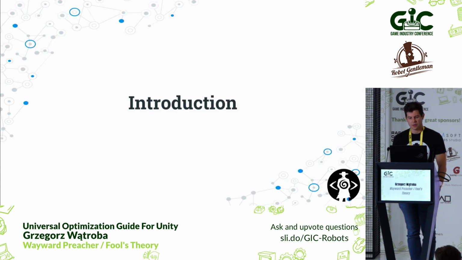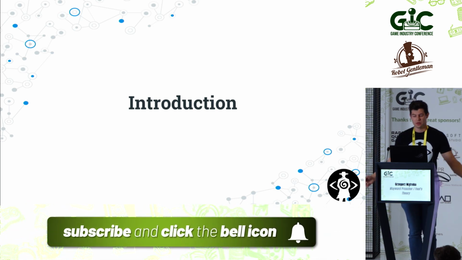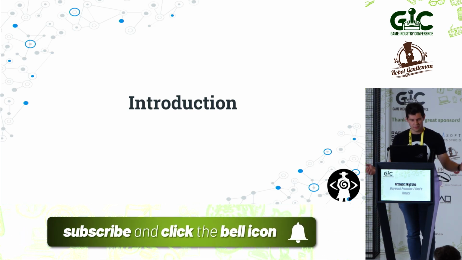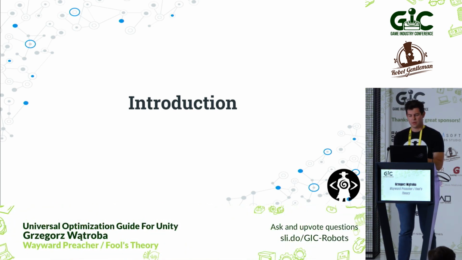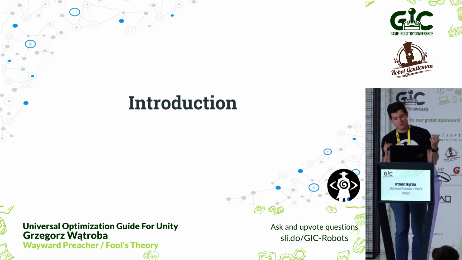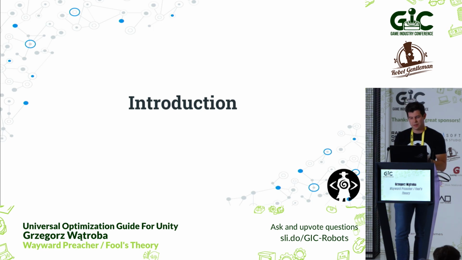So, premature optimization is the root of all evil. Those are the most misquoted words in IT, famously said by Donald Knuth. Why misquoted? This is the full quote, and I think it sounds different in the full version. We should forget about small efficiencies about 97% of the time. Premature optimization is the root of all evil. Yet we should not pass up our opportunities in that critical 3%. So we'll go over those 3%, at least in some pinpoints.